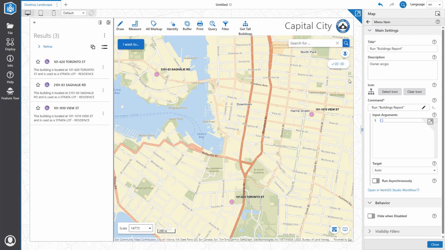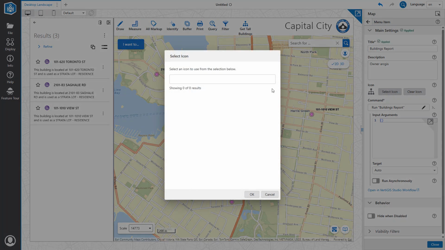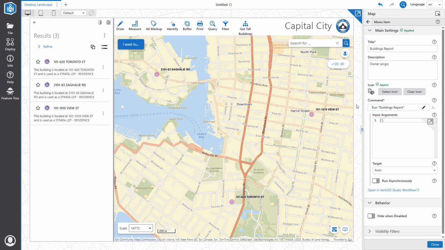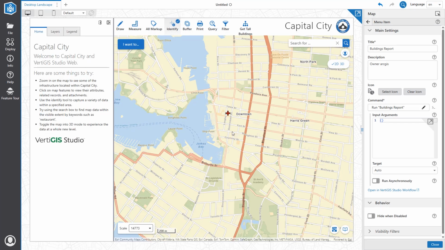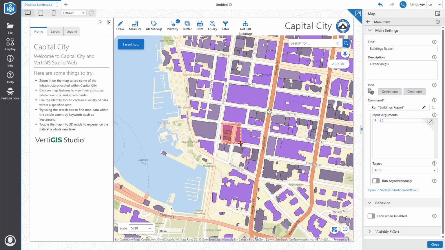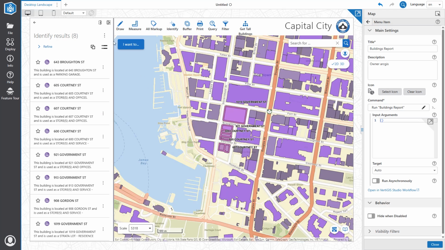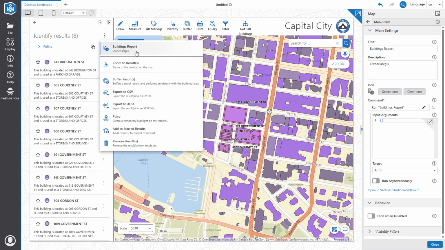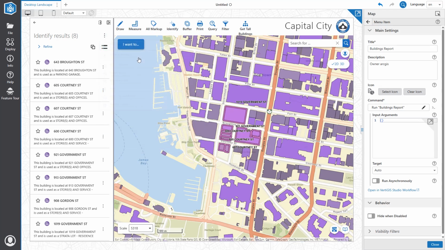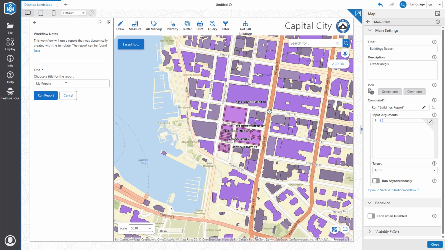Let's quickly modify the title and add an appropriate icon. So now when we select our building features and we navigate to the result actions, you can see our newly created reporting workflow. Let's run this workflow, and as we can see, a workflow form is displayed, and it prompts